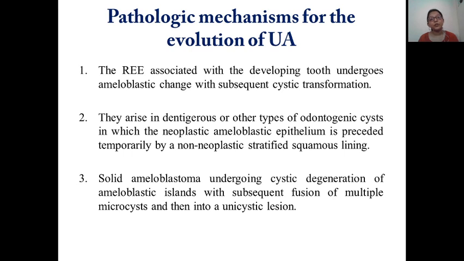Now this is the pathological mechanism for the evolution of unicystic ameloblastoma. The reduced enamel epithelium associated with the developing tooth undergoes ameloblastic changes with subsequent cystic transformation. They arise in dentigerous or other types of odontogenic cyst in which the neoplastic ameloblastic epithelium is preceded temporarily by a non-neoplastic stratified squamous lining. Solid ameloblastoma undergoes cystic degeneration of ameloblastic islands with subsequent fusion of multiple microcysts, and then it forms a